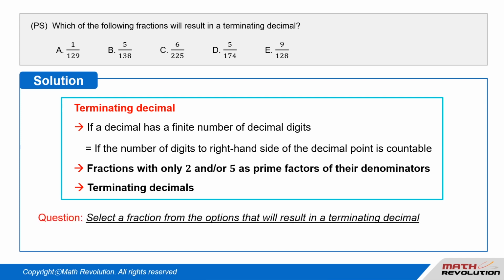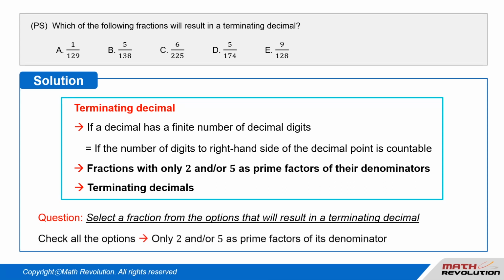We are required to select a fraction from the options that will result in a terminating decimal. Terminating decimals questions appear very often on the GMAT, so students must know this concept. Let us check all the answer options to see which one has only 2 and/or 5 as the prime factors